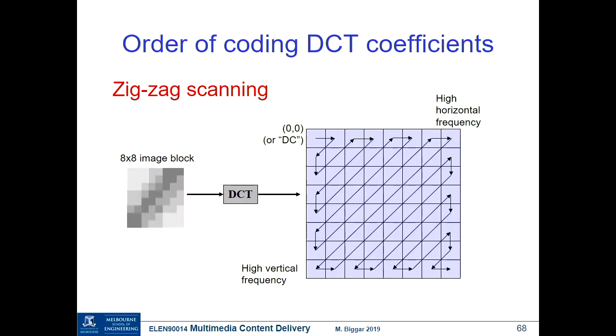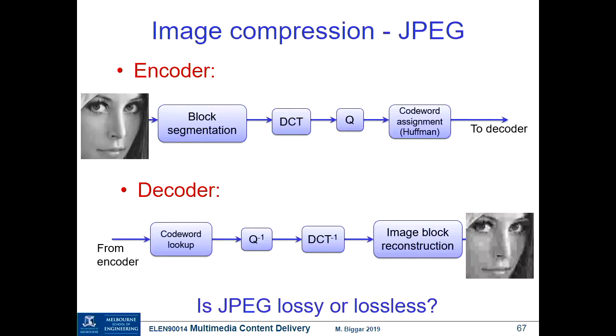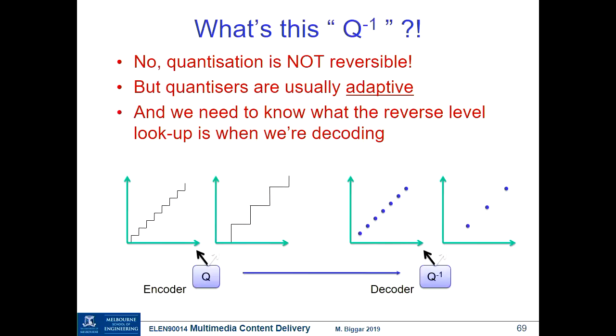Now in the block diagram that we just left, in this one here, we had this block called Q to the minus 1, inverse quantizer. So what is this Q to the minus 1? We know we can't reverse quantization, right? We've lost information at that point. There is no way to reverse it. So it's very important that we understand that quantization cannot be reversed, but quantizers are usually adaptive in the sense that we might choose different step sizes for different